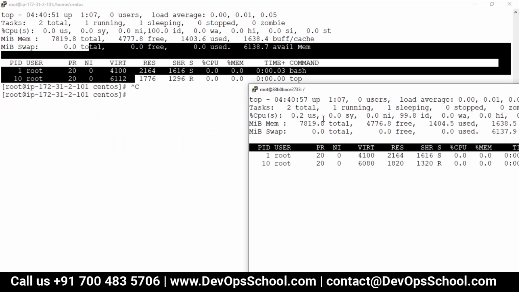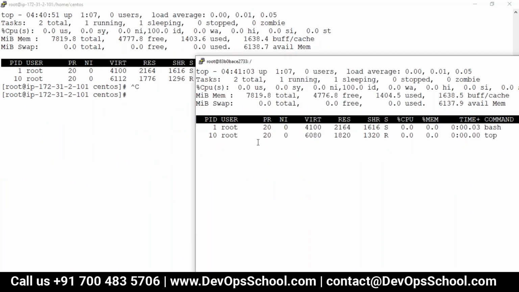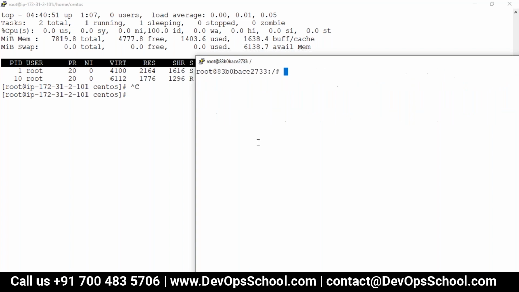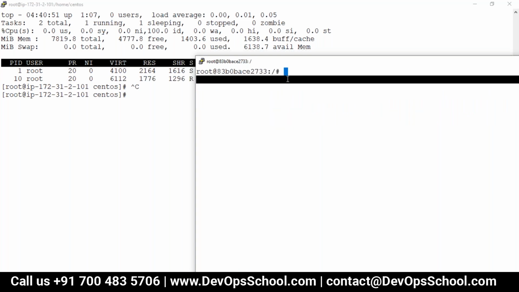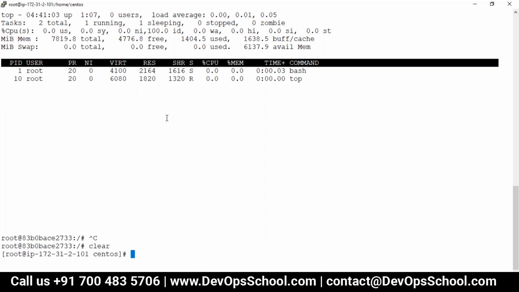So basically here you get the PID1 logs. Whatever command you are running here, you can see its output in the container logs. That way you can find out what you need and what you don't need.